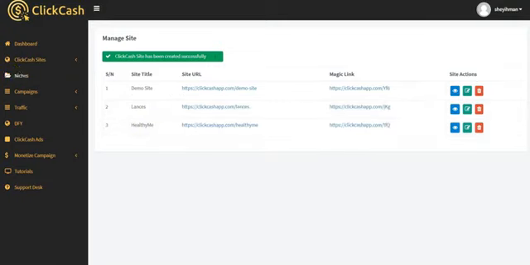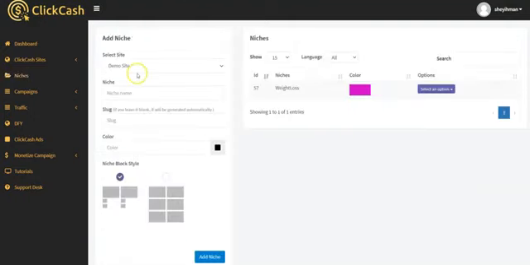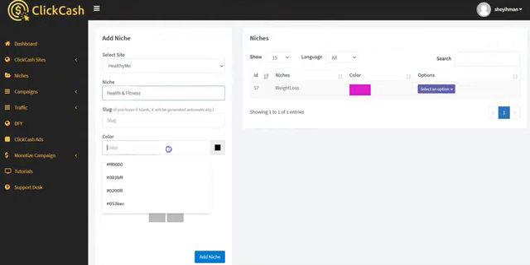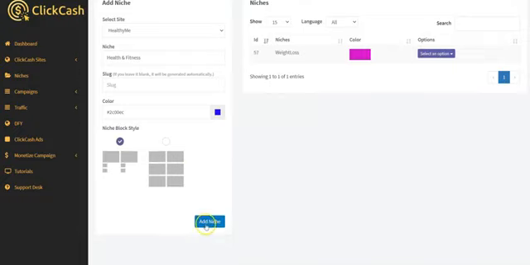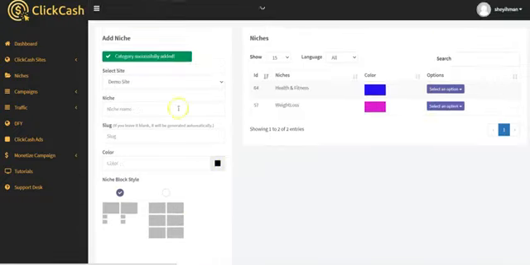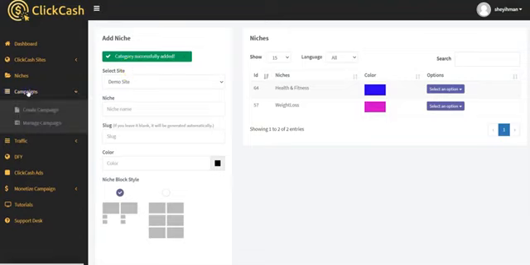Alright, now you also have to create a niche for your site, and it's very simple. Right here, you select your site, you input the niche, you can select the color right here, okay, and you select the style. So add niche. Awesome, your niche has been created successfully, and the next thing you have to do is to